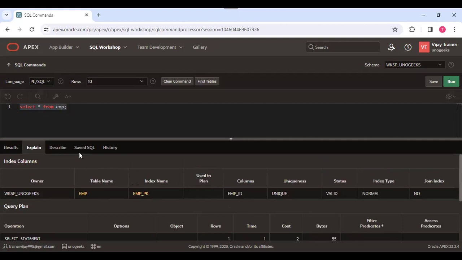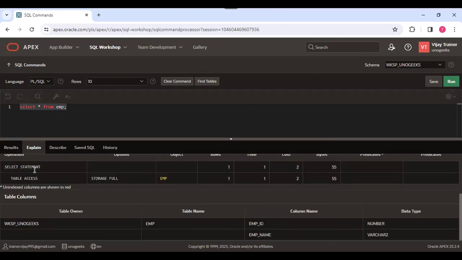Yeah, it will explain about that table, that query particularly. So are there any indexes on that particular column, or how is the query plan, what are the table accesses? Those execution plans, it will explain in this screen. Then if you select describe,